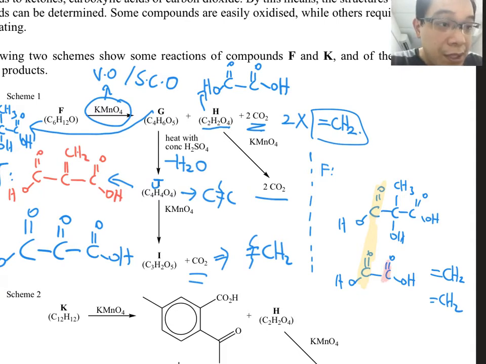This carbon here, which has a double bond, will join to the CH2. So you connect them together, then you form your brand new CC double bond. Then after that, you still have one more last group. This double bond here will connect directly to this CC double bond to form the final product. It looks a bit confusing, so let me show you how I get the final structures.